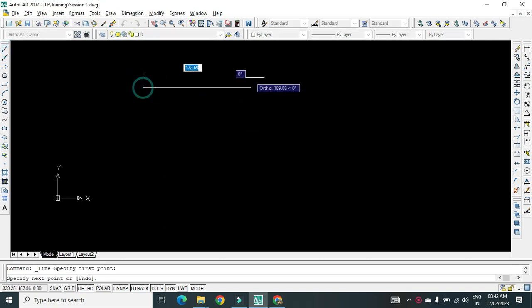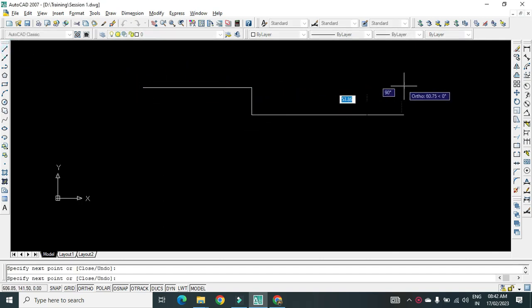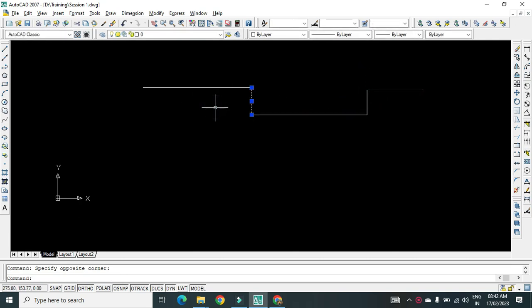Whenever I draw a line with the line command, each part acts as an individual one, and I can't change the properties of these individual parts. I can't change the width, I can't make it an arc. The beauty of this